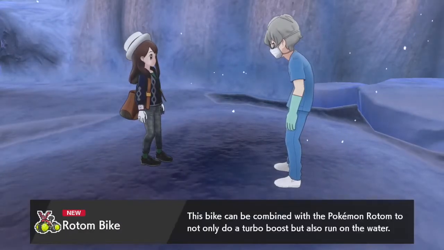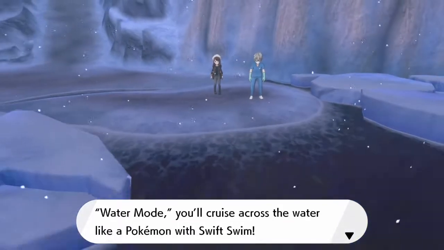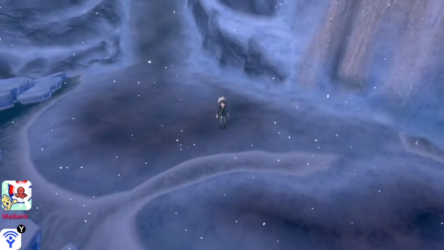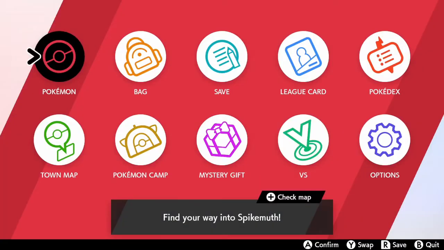And thus we get an upgrade to our Rotom Bike. We can now ride across water. Now, you move slower in water, but you can still travel across water. We practically got Surf from the other games. So,